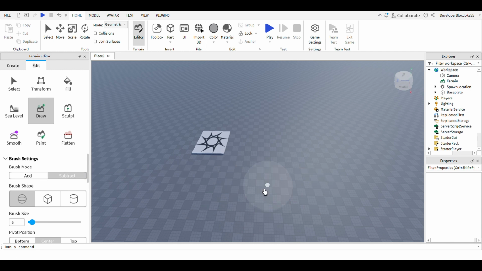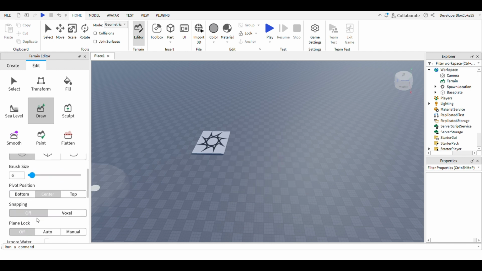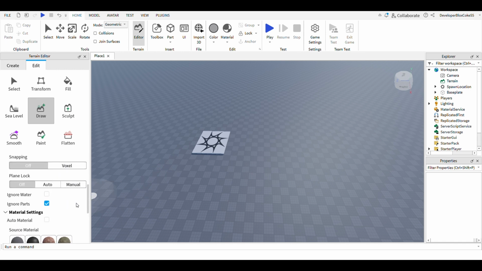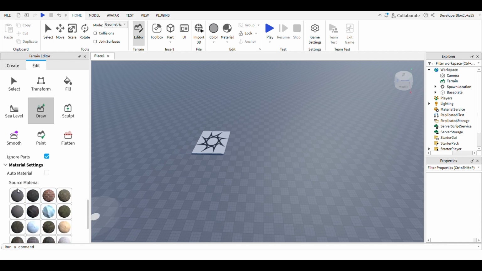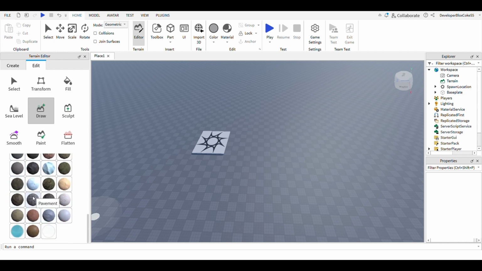Alright, so you see the circle right here that you're like, what is this, man? And then you could make it bigger and smaller, but we're gonna set it to like 4, right? And you could do a position, but that's advanced. And you could click ignore parts or ignore water, but we'll do ignore parts because this is a part right here. And for the source material, you could choose a material that you want. Let's do some grass. All right, we selected grass, and now we could